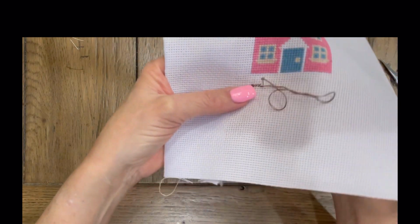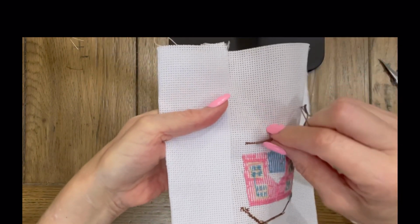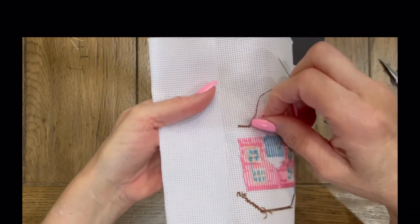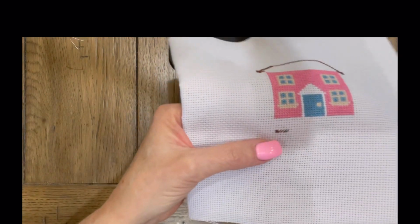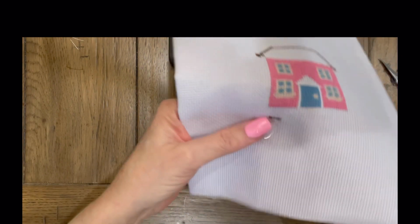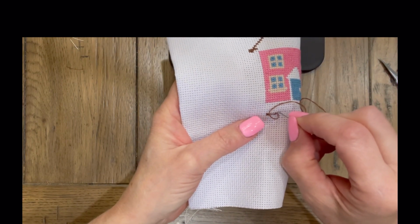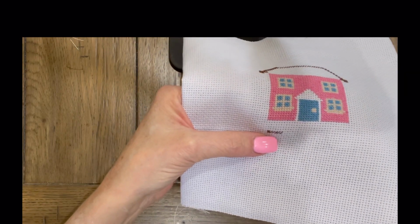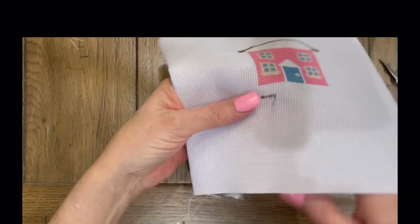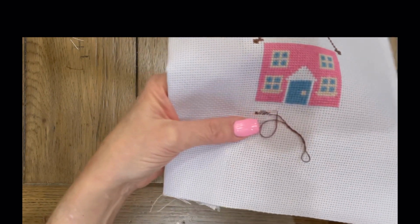Last one before I go across, flip it over. And as you can see, my tail is pretty well anchored. So this is going to be the last stitch that I do going across. And we have 6 stitches now. My tail is nice and secure. I am not going to snip it until I complete my row. So I'm going to come back and continue to complete this row by completing